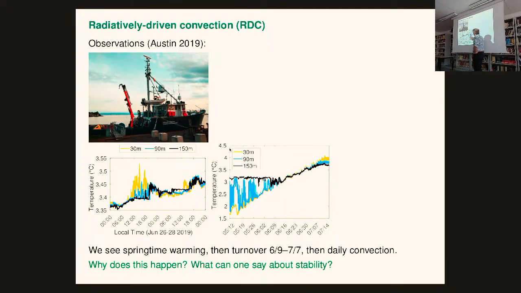And what you see in this period, the ice has melted. So the ice melts sometime in March, April, which is pretty miserable. The ice has melted, and in the deep, it's about 3 and a bit degrees C. Near the surface, it's colder, which is a bit weird if you think about it. And at 90 meters, the temperature is oscillating up and down. This is at a mooring, so it's jiggling up and down.